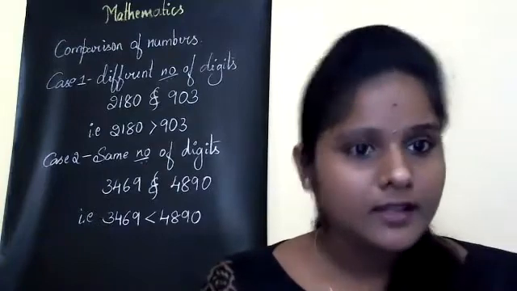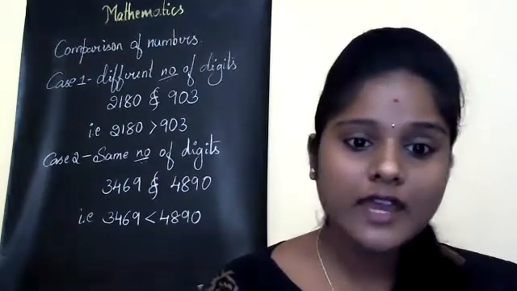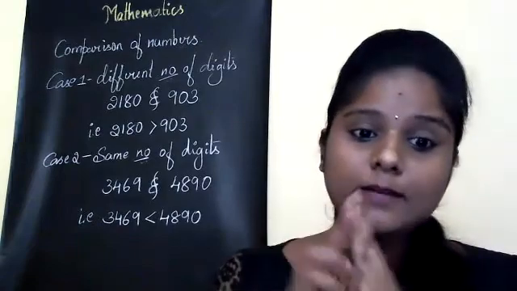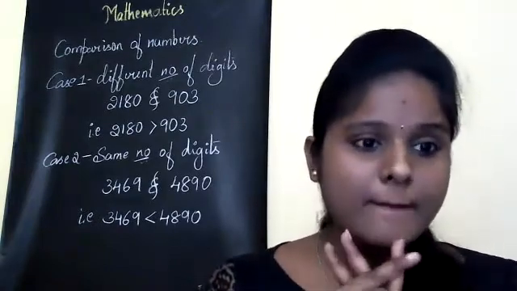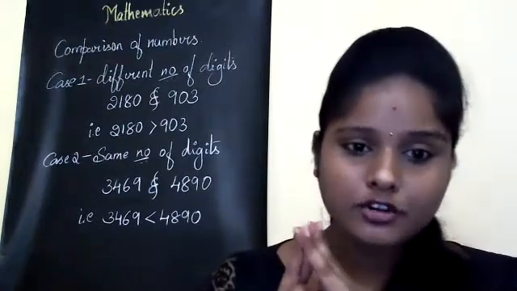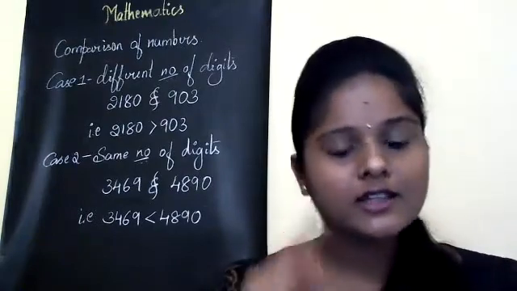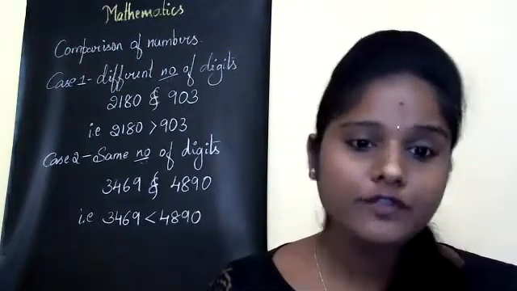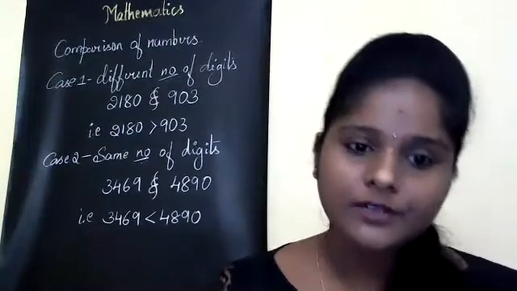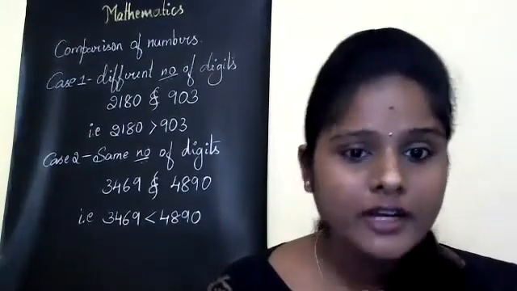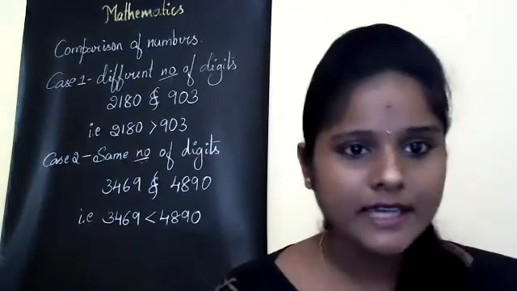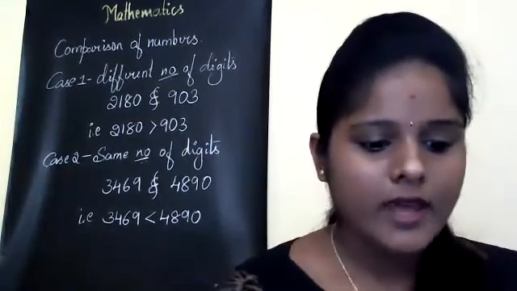So in today's class we have studied comparison of numbers, the symbols of comparison of numbers, and that there are two cases in comparison of numbers. The first case is if we have different number of digits, and the second case is if we have the same number of digits. Did you understand this much? Well, so now